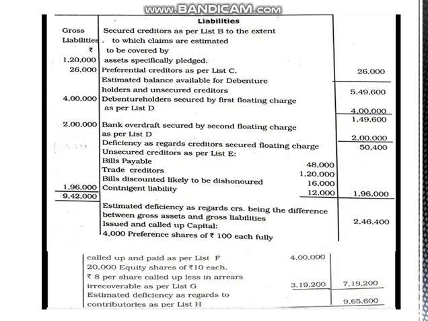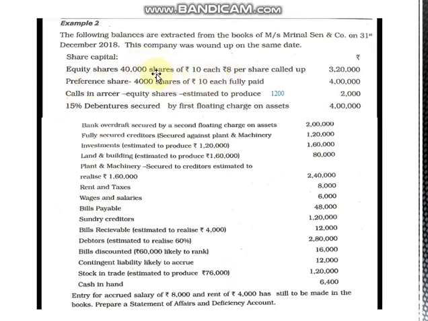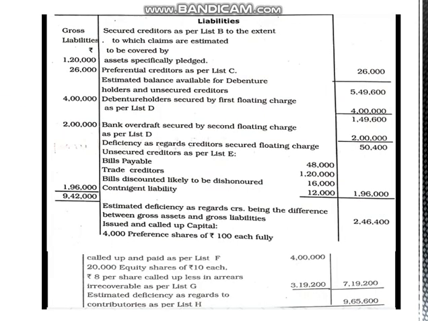rupees. You can go to the question, you may see that there were 40,000 equity shares of rupees 10 each, 4 lakh rupees. I think I have said 20,000. It's wrong. 40,000 equity shares were there. So 40,000 shares into 10, you will get 4 lakh. This 20,000 is wrong. And rupees 8 per share called up less in arrears recoverable as per list G is